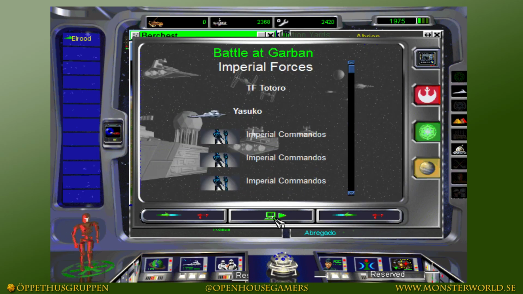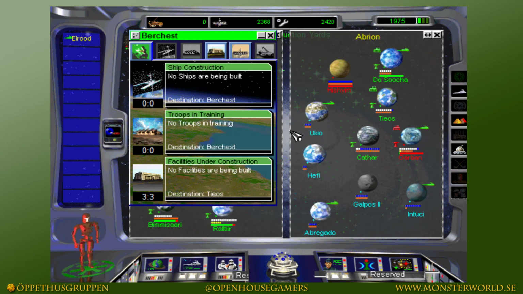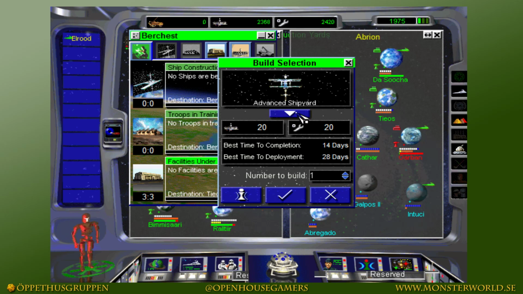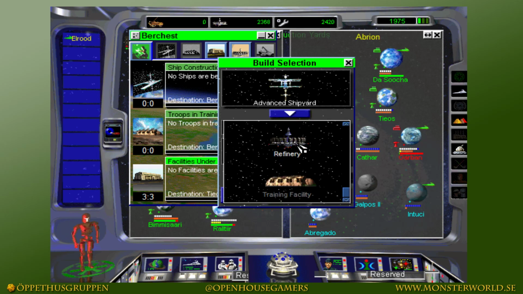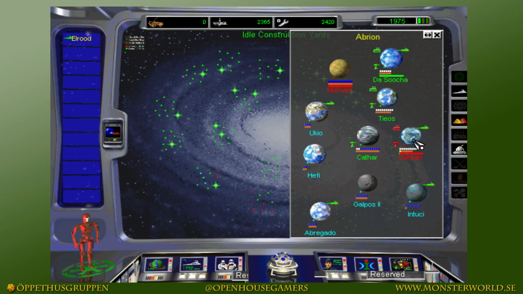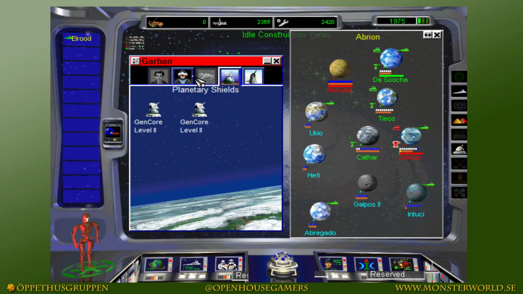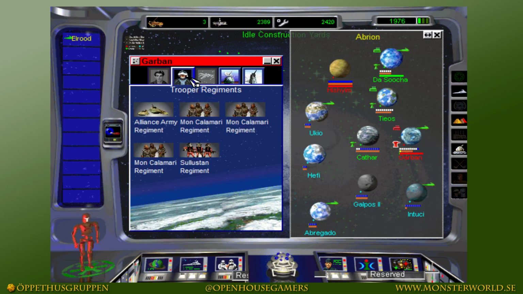Garban. It's a Totoro, so I'm just gonna auto resolve it and see if I lose anything. I don't. And I'll have you build 1 refinery just to fill it out. So let's see, what do we have at Garban? They have a lot actually,